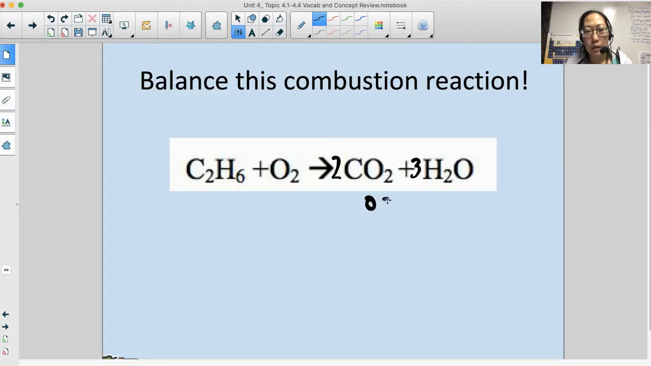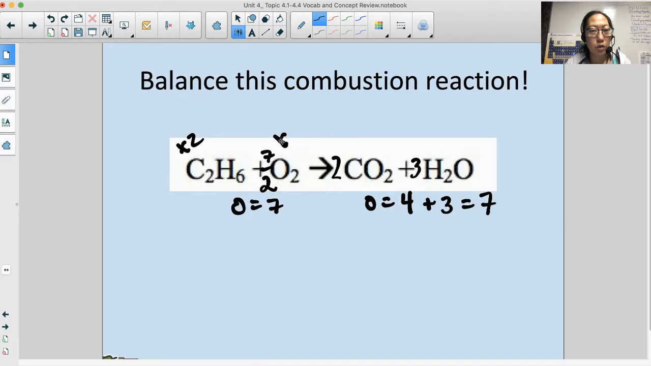Now I'm going to add up the oxygens on the right. That's 4 oxygens plus 3 oxygen. That gives me a total of 7 oxygens. So I could put a 7 halves right there, because 7 halves times 2 gives me 7 oxygens, and that would give me the correct number of oxygens. But what I could do to make this look a little nicer is multiply all my coefficients by 2. Okay, then I'll get rid of this fraction and I will have